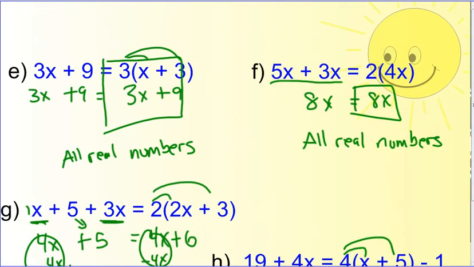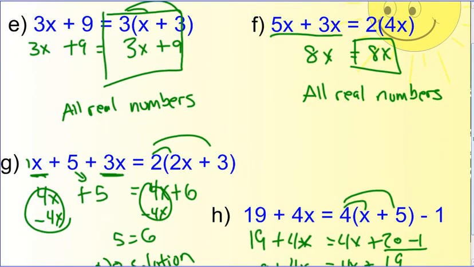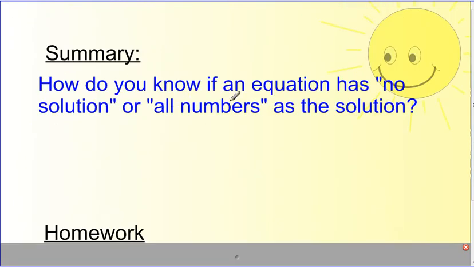Think back to these problems. Why did we get all real numbers here? Why did we get no solution there? How do you know if an equation has no solution or all real numbers as a solution? Okay, here's my answer. If you didn't put yours down yet, pause the video and put yours down. How do you know? Well, you know if the variable cancels out,